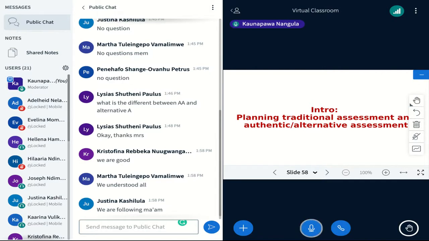Assessment will always be used to inform administrators, learners themselves, as well as parents. But in the past, it was expressed only by grade. It's like, how did my child do? All that the parent can get is a report card of what their child has done. But nowadays, there are parent meetings, and when you go to the parents meeting, if they have time, they can talk about the progress of the learner, or you can go there whenever you want to know the progress of your child, for example.